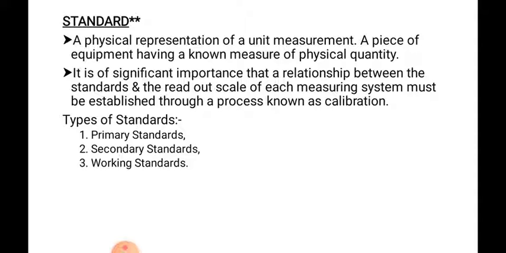Why are we going for calibration every year? The reason is that the instrument must show the exact reading, as that of the standard, or equal measures must be shown for a particular magnitude. Suppose a grocery shop owner is weighing 1 kg of sugar, 1 kg of wheat, or any other item from the grocery shop. The weight of that quantity must be equal to the standard or physical representative.